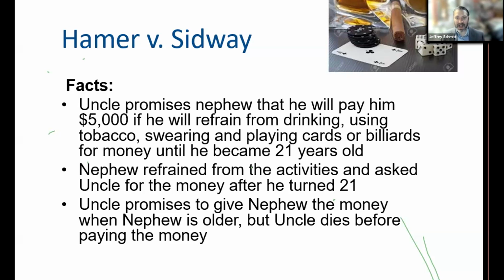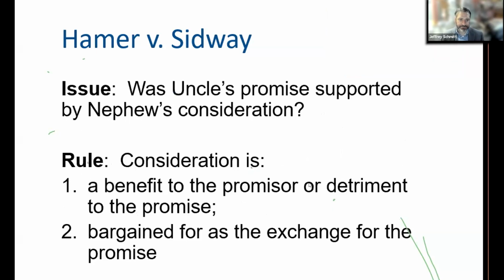The uncle says, I'm worried you're going to waste it. You're too young. You're not responsible. So I'm going to set this money aside for you. And when you are ready to start your life in a serious way, I will give it to you. However, the uncle then dies before he ever actually gives the money to the nephew. And of course, the family says, no, nephew, you shouldn't get the money. The estate, after he passes away, goes to the cousin, not our nephew here. And so the other family member doesn't want to pay the nephew.